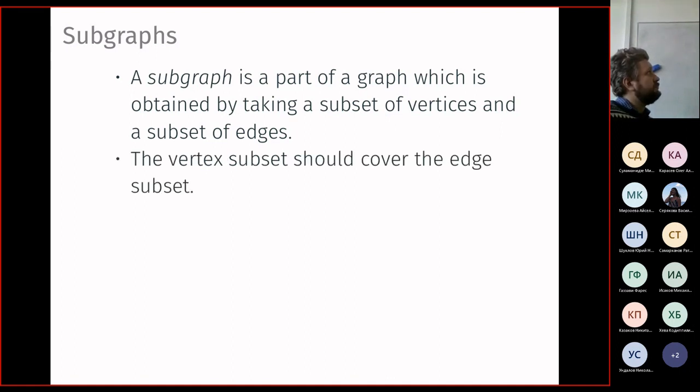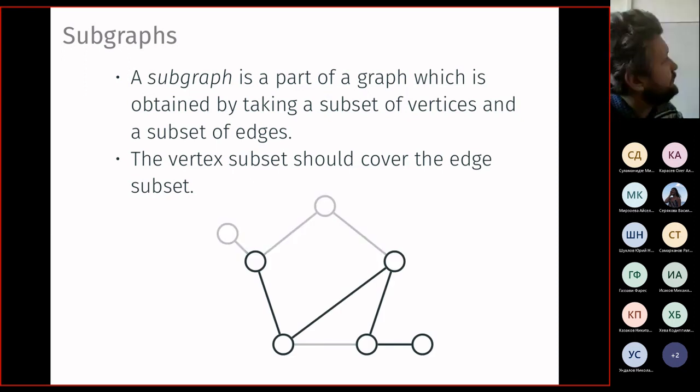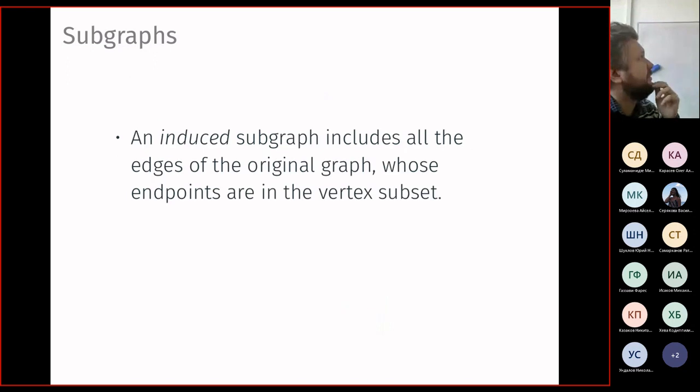And the vertex subset should, of course, cover the edge subset. So if you take an edge, you should take both its vertices. Easier? So for example, this is a graph. This is a subgraph. So we grayed out some of the edges and vertices, and we took this black part, which is a subgraph. There is a specific notion of an induced subgraph. This means that you just take a subset of vertices, and you should take all the edges from the original